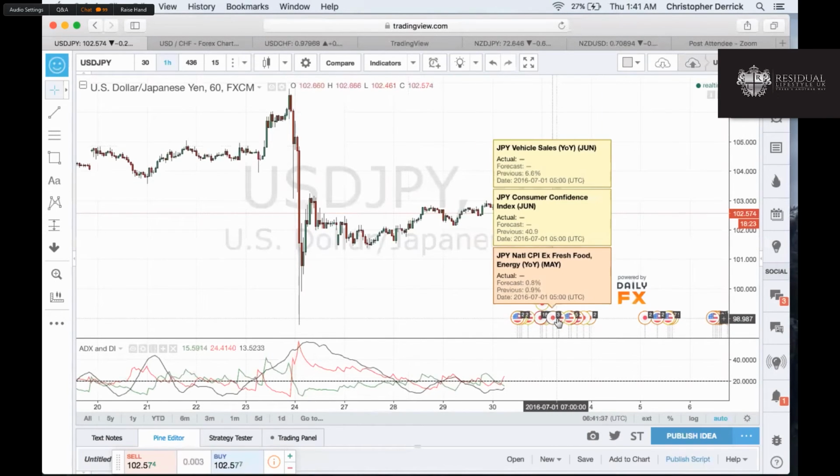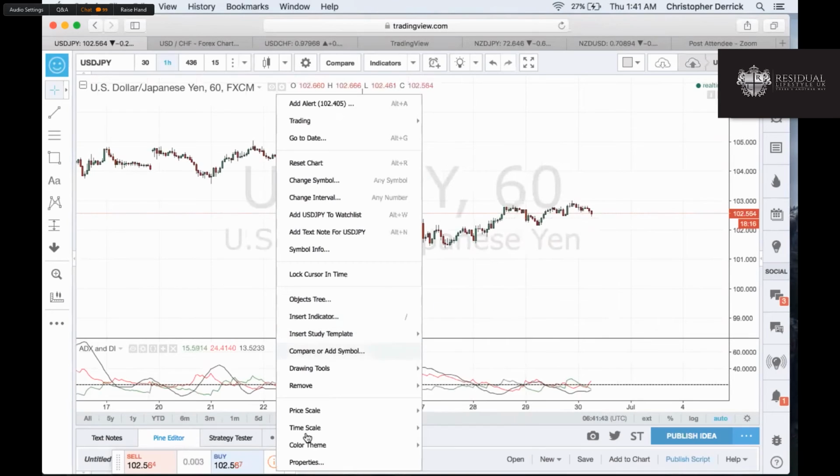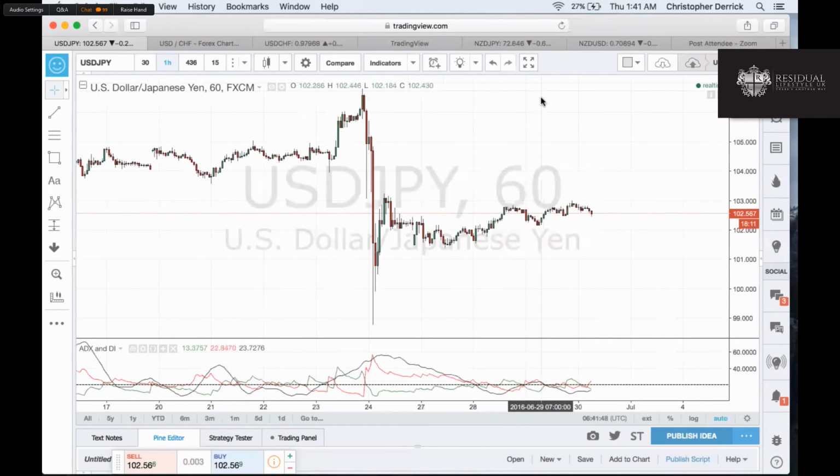So the first thing I do is you right click, or if you have a Mac, 2-finger click, hide events on charts, right? That's gone. Then go to properties. First thing I'm going to do is